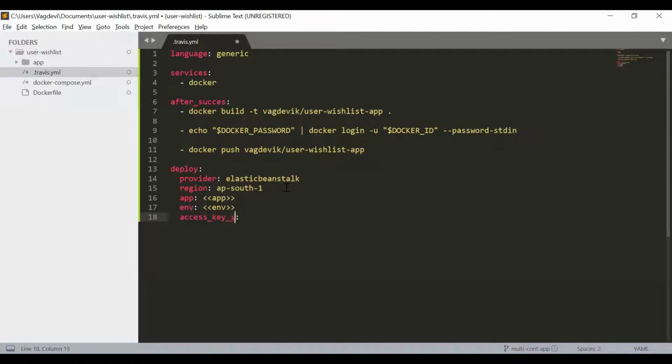access key ID. So if you remember, we have discussed previously about the IAM roles. So we need to authenticate Travis to access our AWS account as well in order to deploy automatically, right?